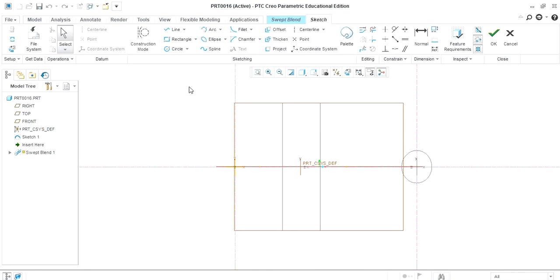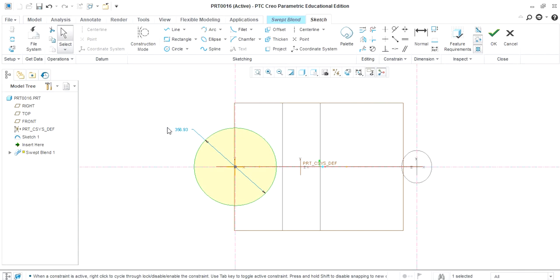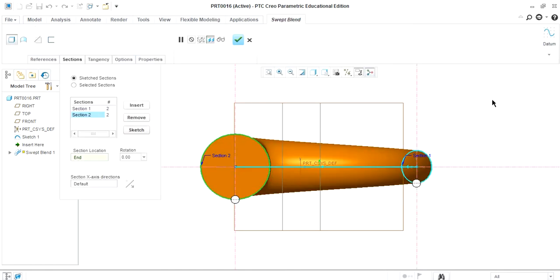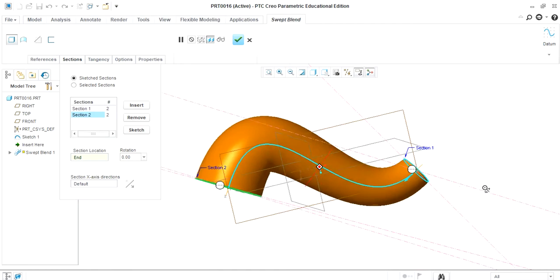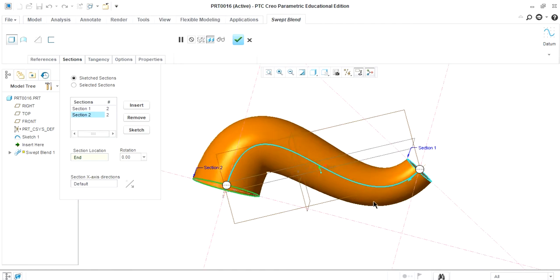In this case, we will draw another circle with a bigger dimension, 300. Click on OK. Here you can see the variable cross sections are getting blended with the help of the blend command.